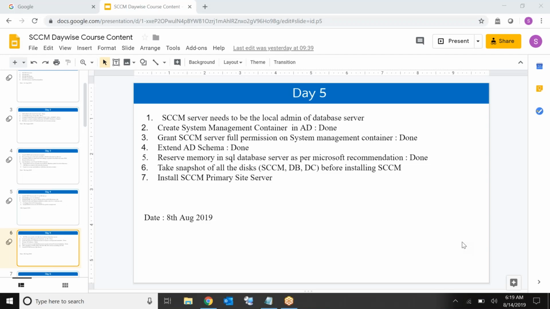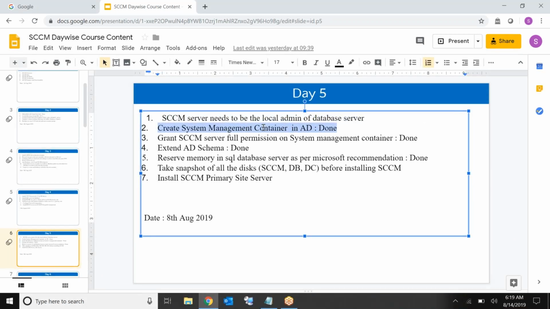Okay guys, let's get started. So today what we are gonna do is we will have to make SCCM server the administrator of the database server. That is the first point which we have to do. Second point is we need to create a system management container. Why do we need a container in Active Directory? I'll let you know. Okay, we need a container